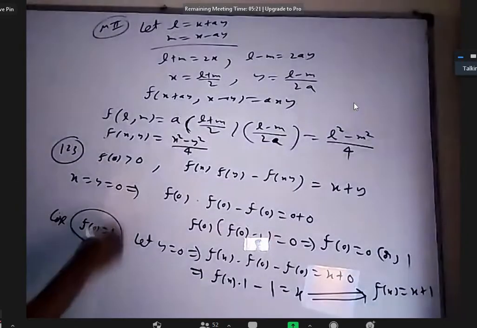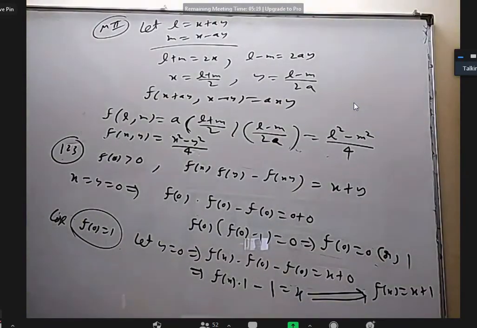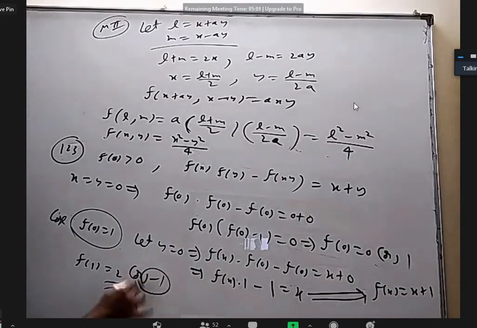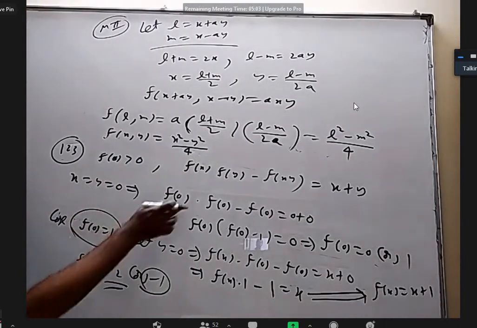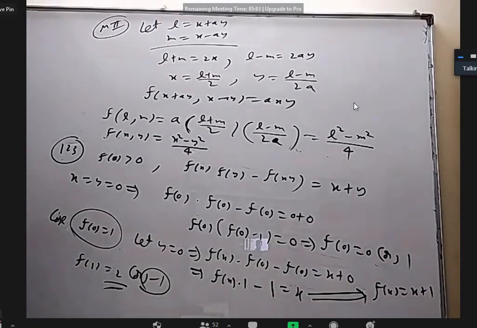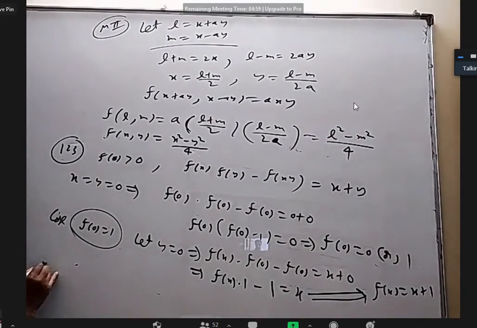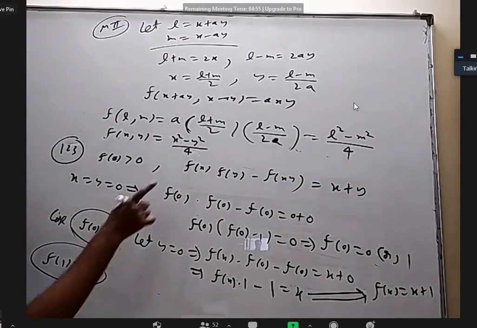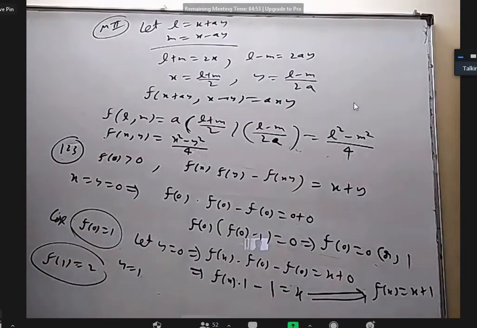When I put x equal to y equal to 1 both, I was getting f of 1 equal to 2 or minus 1. 2 belongs to our solution, then minus 1 belongs to some other case maybe. If somebody has not found f of 0 also, still with f of 1 we can find the function. How? Put only y equal to 1. Let's say you got f of 1 equal to 2. What happens? This is f of x and this is 2. You will get 2 f of x, this will be minus f of x, that will be x plus 1. You can see you are getting f of x equal to x plus 1, right?